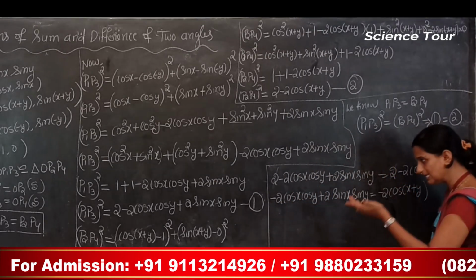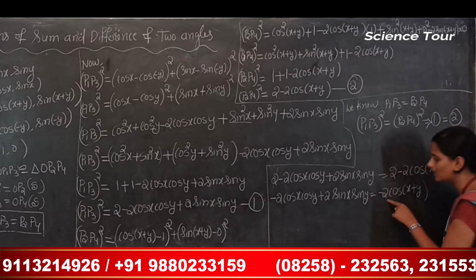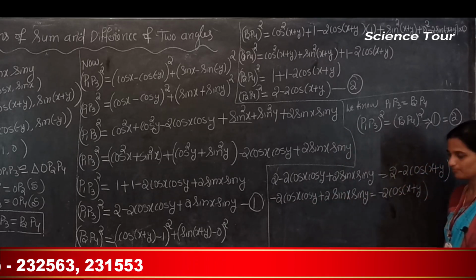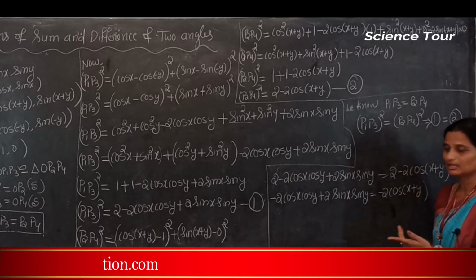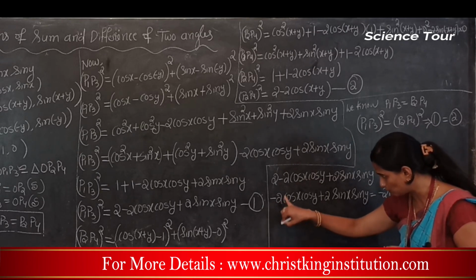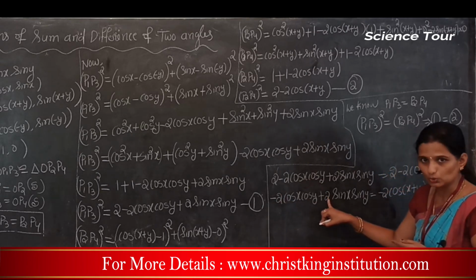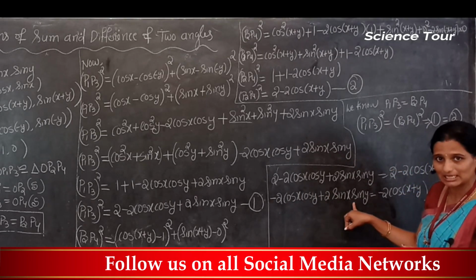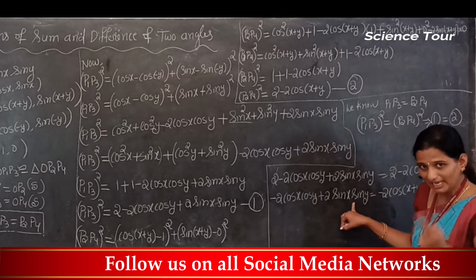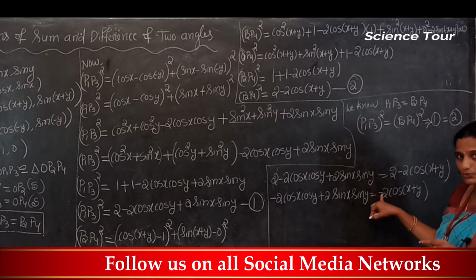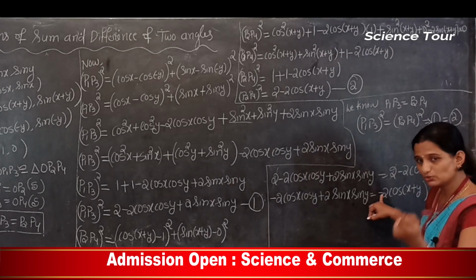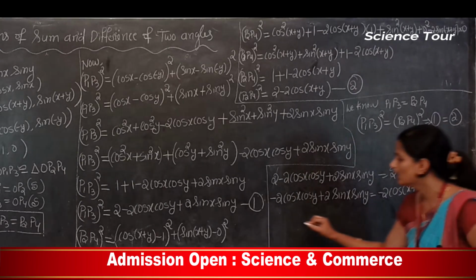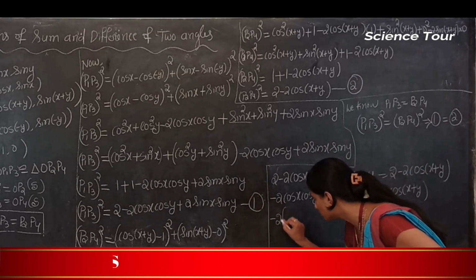How to simplify is just try to cancel this minus 2 with this one. In such a way we have to simplify this. So minus 2, I have to cancel this. See, this is minus 2, means 2 is common, correct? I can take 2 outside from these 2 terms, is it right? But here it is minus 2, so if I take minus 2 outside from these 2, I can cancel with this one. So I take minus 2 from this one.